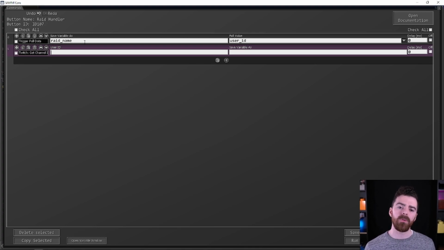This is why we had it pull the user ID instead of the username, because Sammi will take this user ID and search for it through Twitch. So to do this, we're going to reference it. However, we're going to reference it as a variable instead of just text. Like with the previous command, we're going to use the $, and then it will automatically add a second $ sign and a slash, and in between those we're going to add raid name. Then we are going to save this variable as channel info,